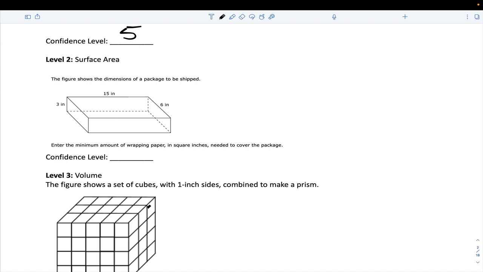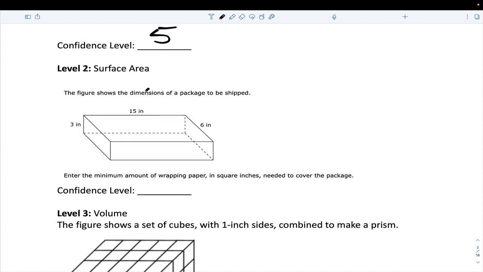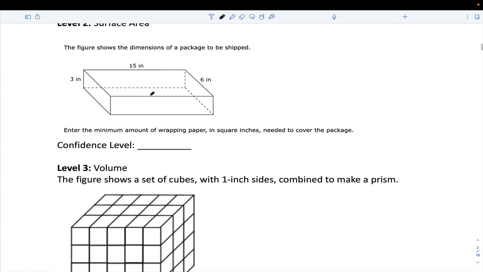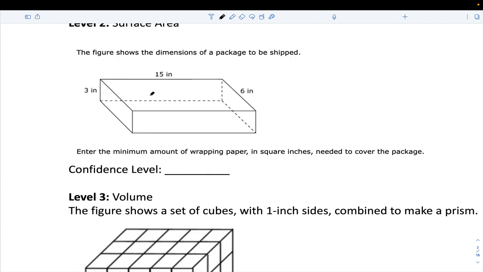This one's a surface area. We did this for number 1 on the warm-up. Read it out loud what it's having me do. Jersey, the figure shows what? Read the figure for number 2. The figure shows,